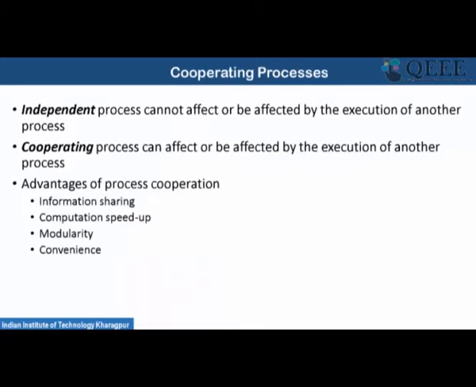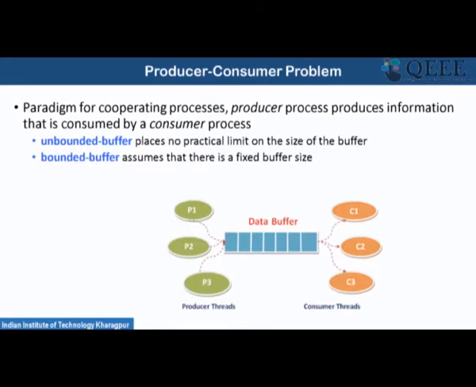As we have mentioned, there can be two types of process: the independent process, where the executions of the processes are independent of each other, and the cooperating process, where the processes cooperate with each other for execution. For example, a cooperative process execution is the producer consumer problem. You have a common data buffer. In the common data buffer, the producers are producing something and putting it into the buffer and the consumers are consuming that thing from the buffer. So this is an example of a cooperative process. Obviously, if the buffer is full, that means the consumers are not consuming anything. There is no consumer in the system.